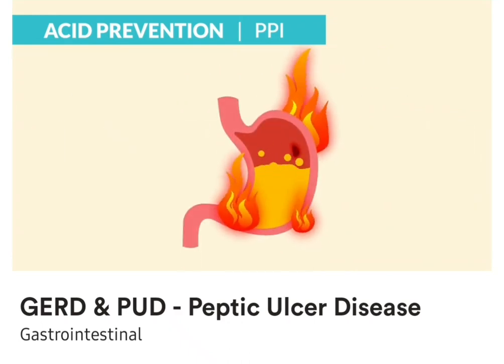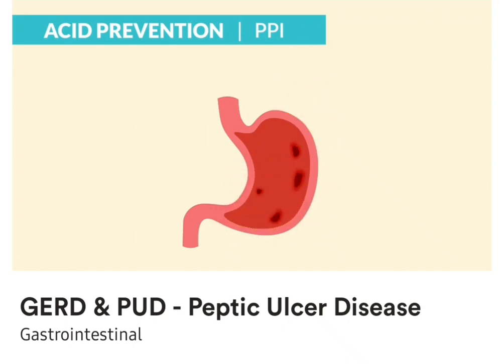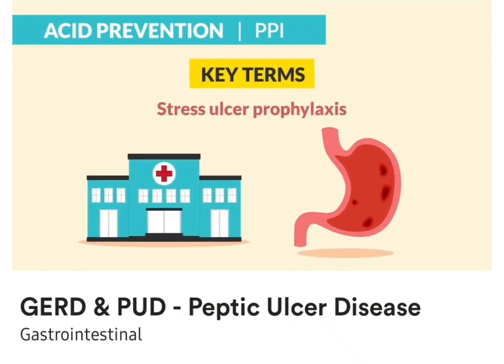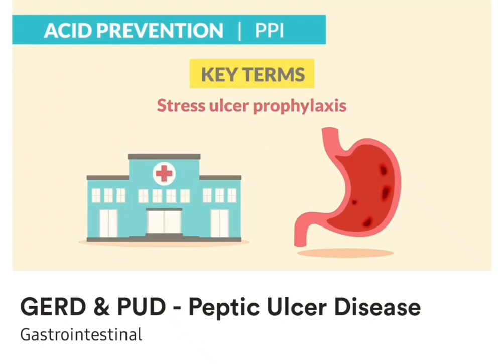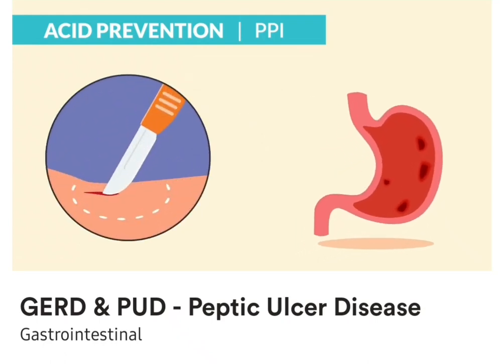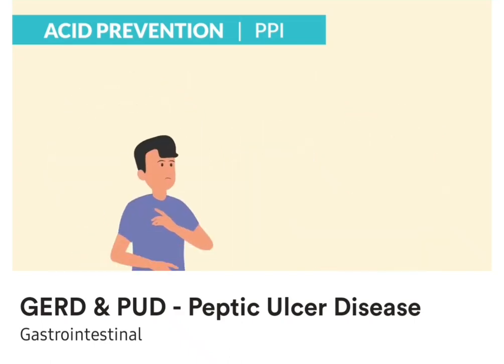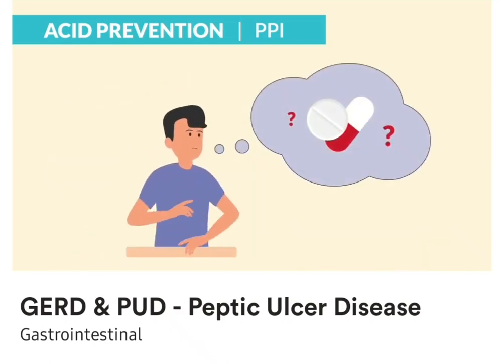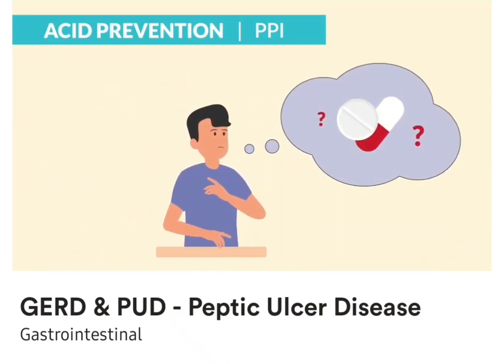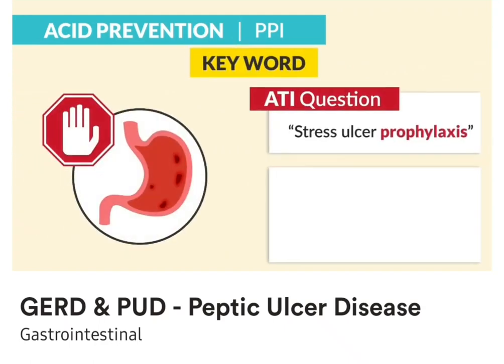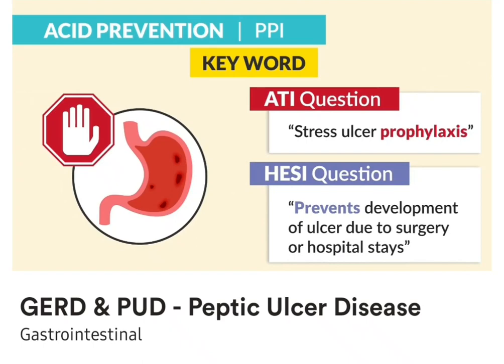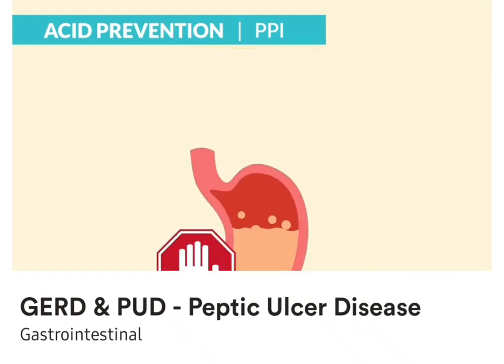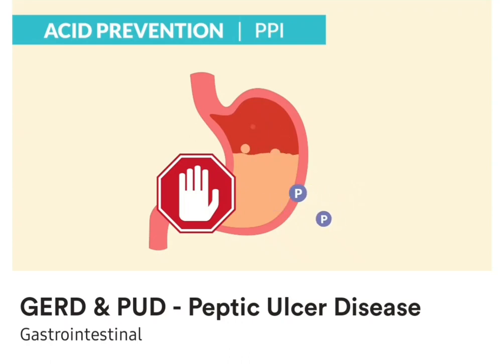So guys, the indication here is for heartburn and GERD, but mainly it's used for ulcer prophylaxis, especially in the hospital due to the hospital-related stress. So guys, nearly everyone in med-surg usually gets put on a PPI. So when a patient asks, why am I on this med since I usually don't take this at home? Guys, the key word here is it helps prevent the development of an ulcer due to the stress of surgery or hospital stays. Now, it works by reducing the gastric acid by inhibiting the proton pump in the parietal cells